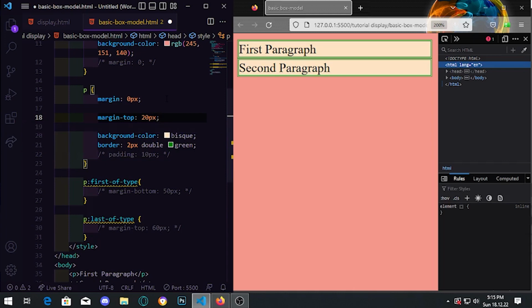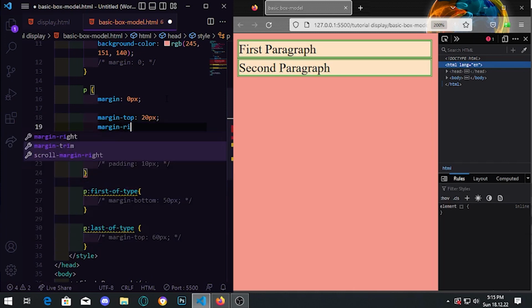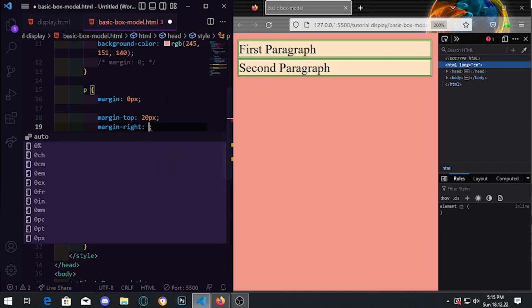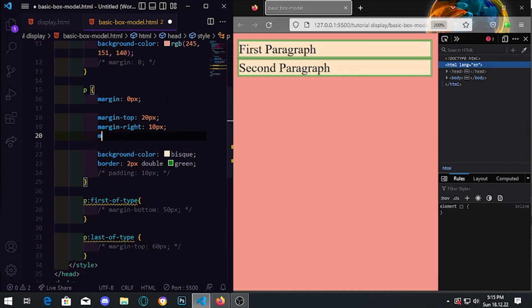And then you can also use margin-right to adjust the right gap, right? For example, 10 pixels, and then